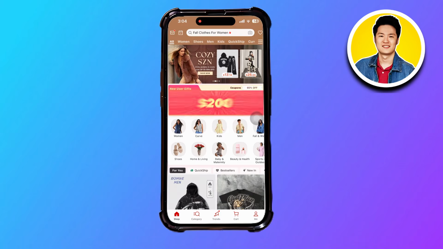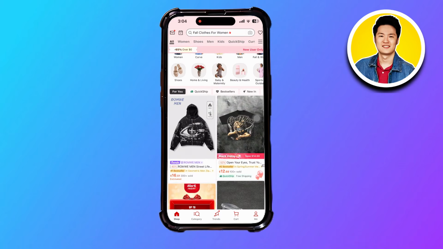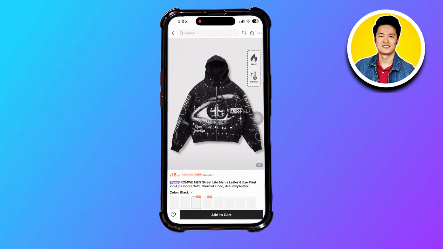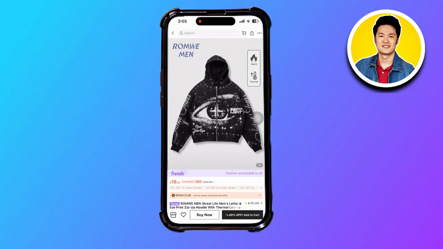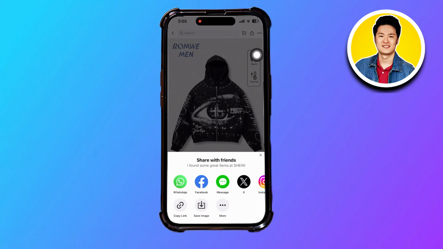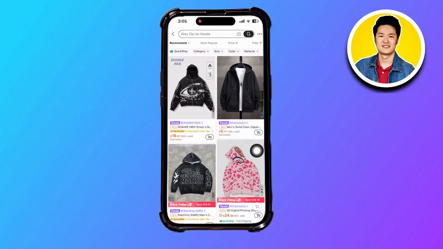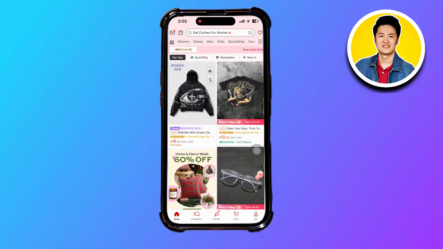And once you're here, scroll through and select any product that you want. For example, this one right here. Then tap on the share icon on the top. You will then get to see this option. From here, select Copy Link. Now, let's go back. From the home screen, tap on the search bar on the top once again and search